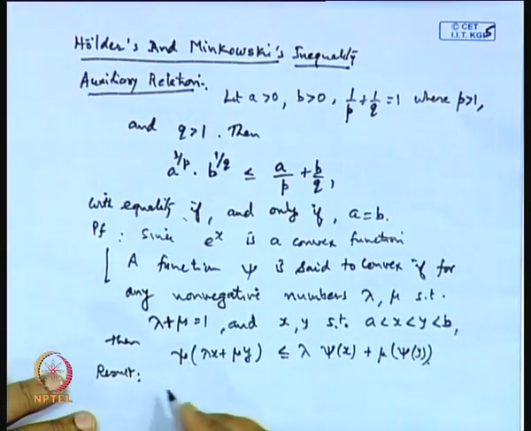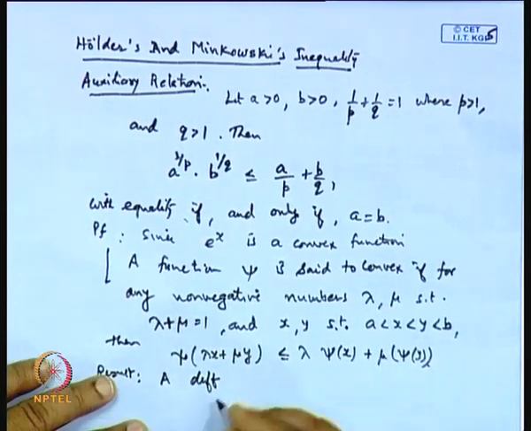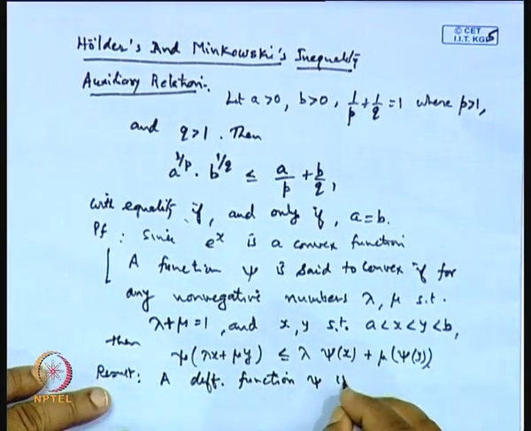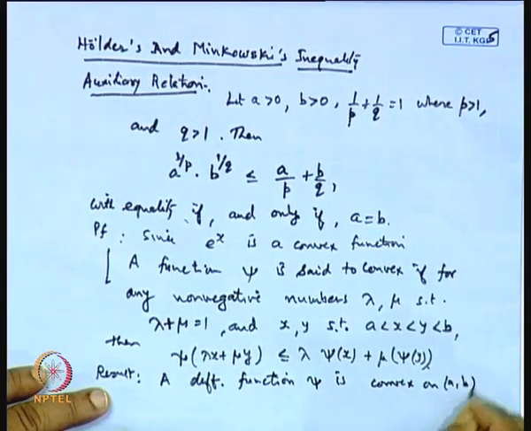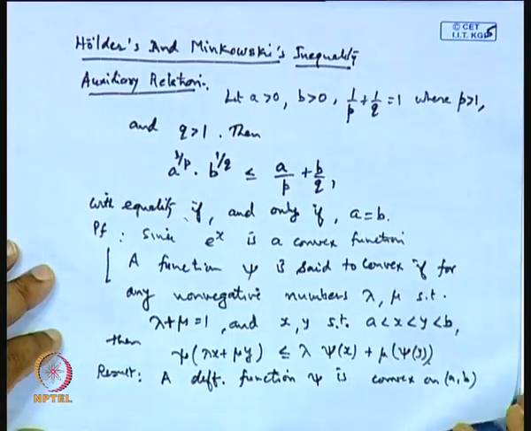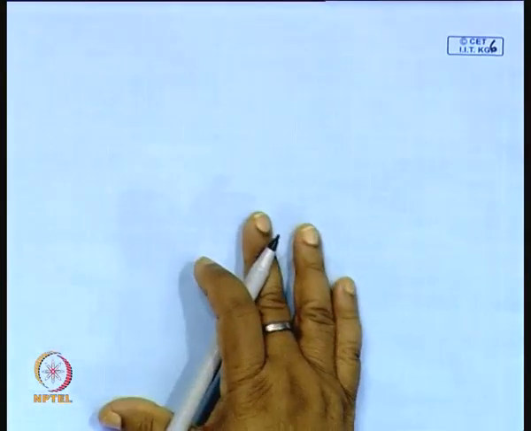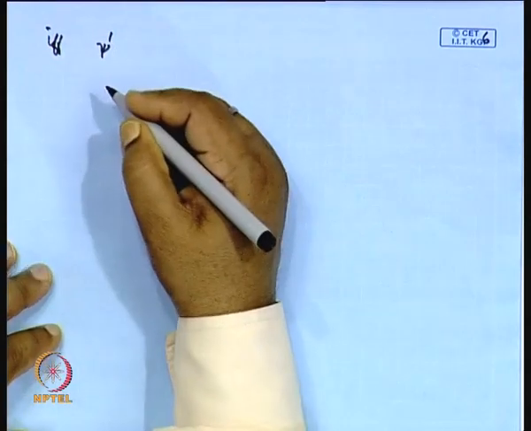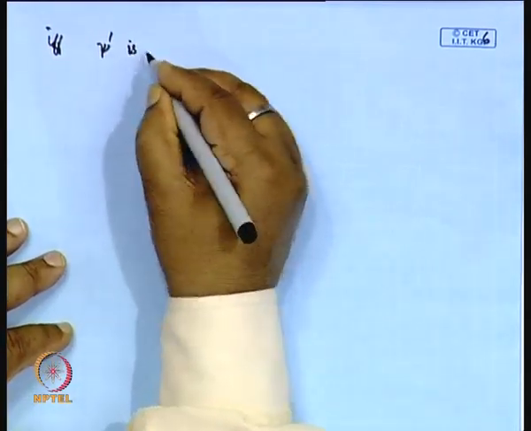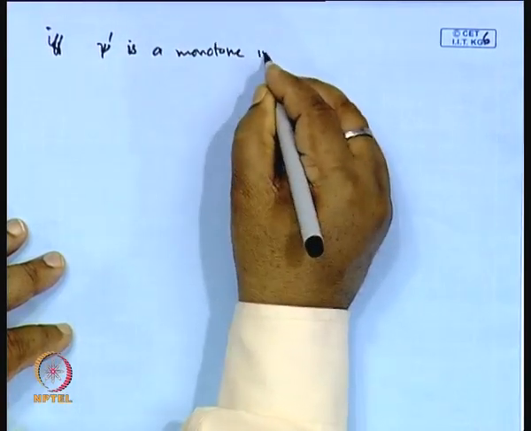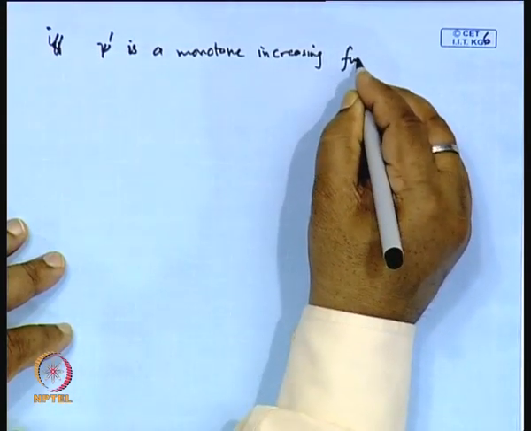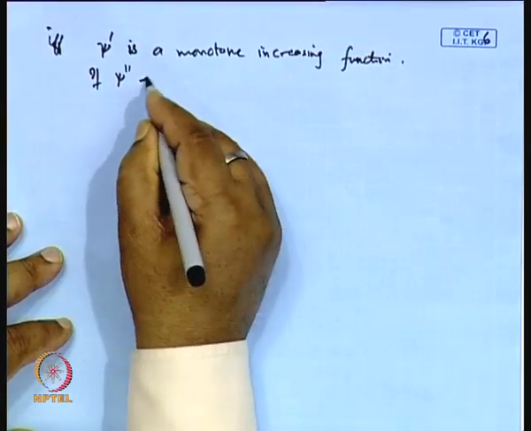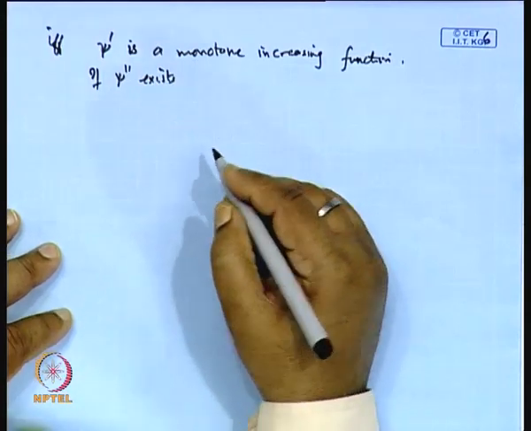that if a differentiable function psi is convex on the open interval a b if and only if psi dash, the first derivative of psi, is a monotone increasing function, and if psi double dash exists on the interval a b,